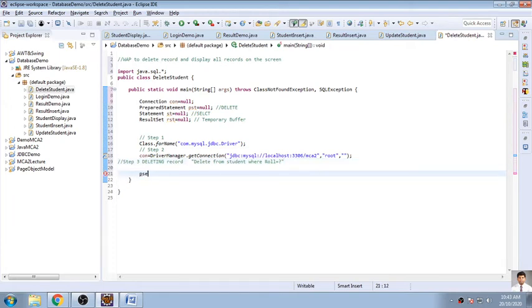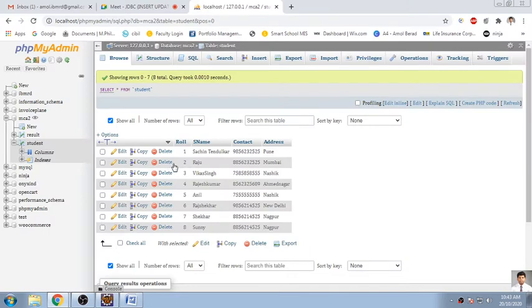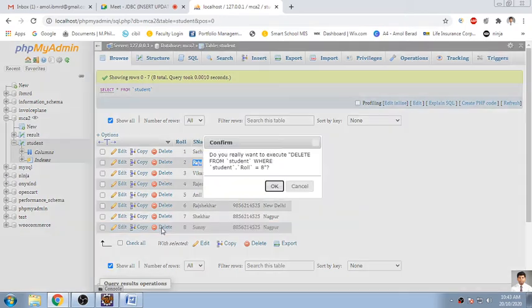Sir, if we want to delete a particular field, we can't delete a field, but you can edit it. If I don't want this field, I will replace this with an empty space. So I don't want Raju, so I can give empty space over there. When I click on delete, the query will be like this: delete from student where student.roll number is equal to 8. So this is the query being fired whenever you are deleting anything. This is the query we will fire.